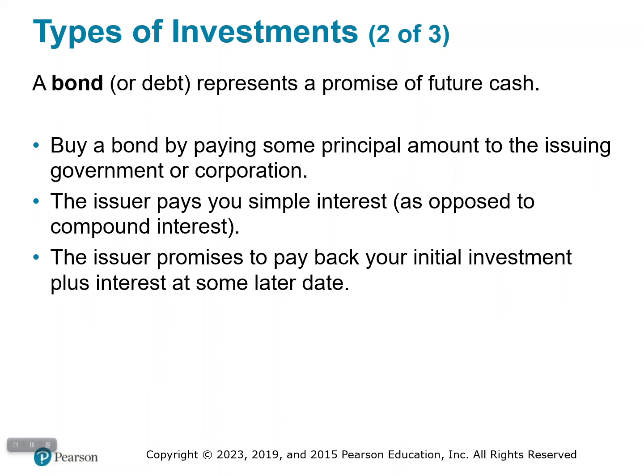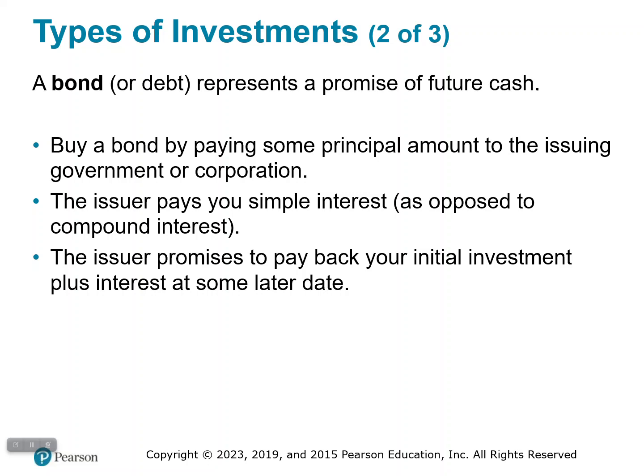We might have a bond or a debt that represents a promise of future cash. You buy a bond by paying some of the principal amount to the issuing government or corporation. Let's consider the U.S. government. The issuer, the government, pays you simple interest, as opposed to compound interest. They're like, hey, here's $10 a year. Thanks for the money. And then the government, the issuer, promises to pay back your initial investment plus interest at